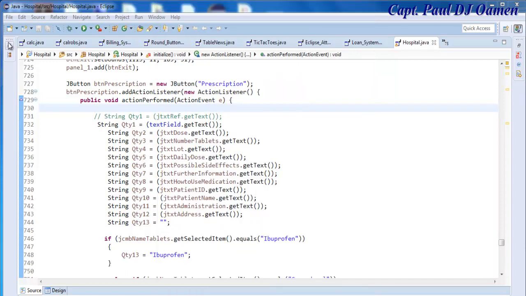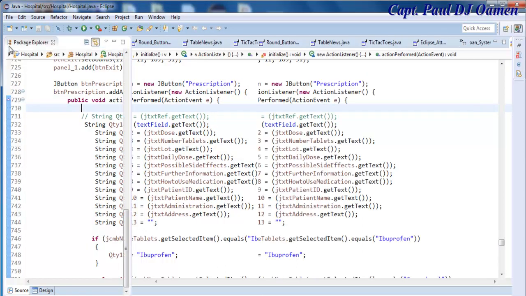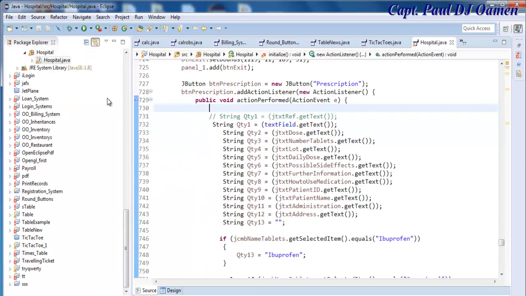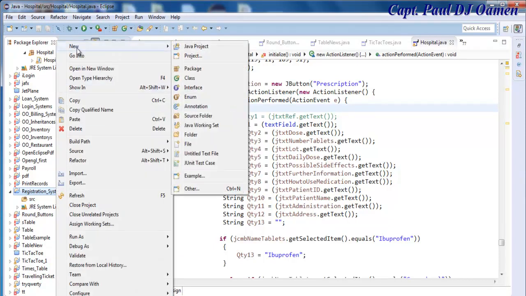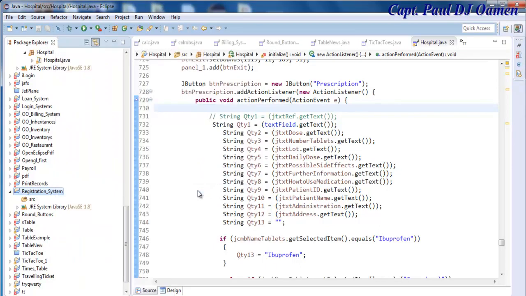Let's go into the project files area. Right there let's look for registration. There we go. Right click on it. Let's just open it up. Right click and new, scroll right down, select other,